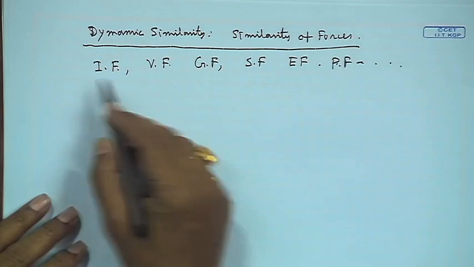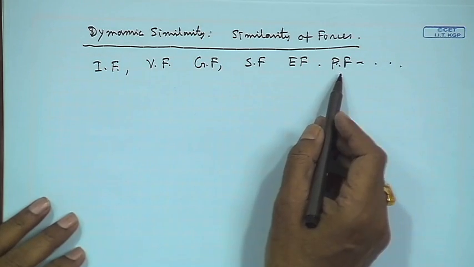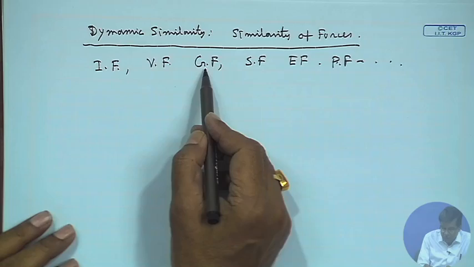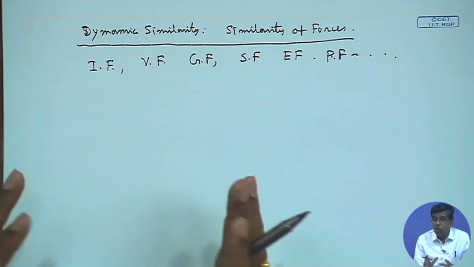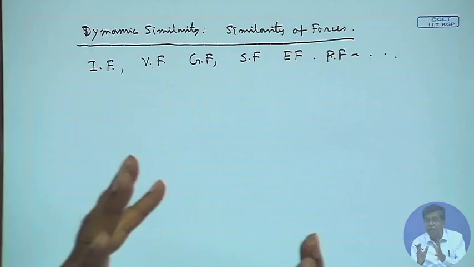Some processes may be governed by inertia force, viscous force, and pressure force; some may be governed by inertia force and gravity force; some may be governed by inertia force, viscous force, and gravity force. So, to ensure the dynamic similarity, the ratio of the forces at the corresponding points between the two systems, system 1 and system 2, between which their similarity is sought, has